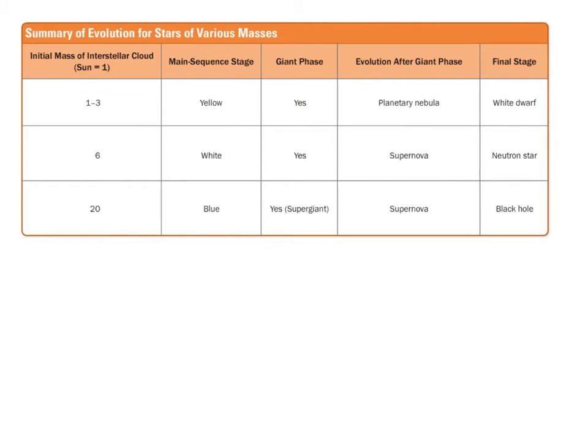So in this chart that you'll see in the lesson, the key here is the initial mass. What's going to happen is if the sun is 1, so a star like our sun, its main sequence is yellow, which is what we see, it will have a red giant phase. After the giant phase, it'll go into a planetary nebula stage, and then ultimately we'll end up with a white dwarf. If we get a larger star, like 6 times the mass of our sun, then we have a white